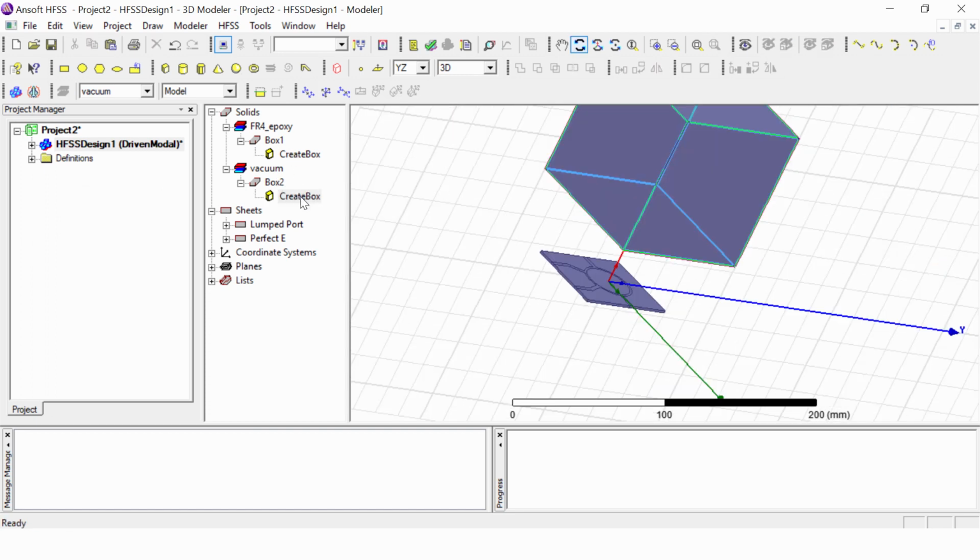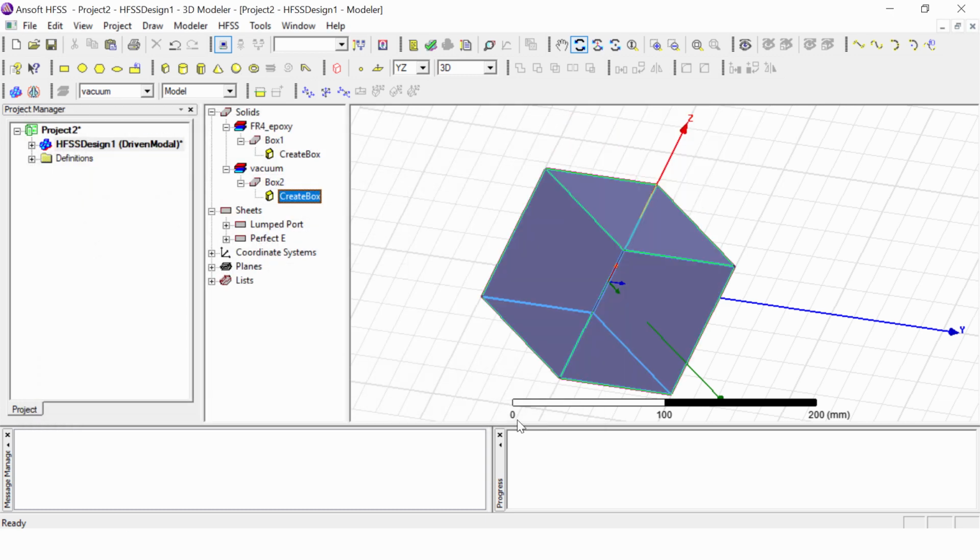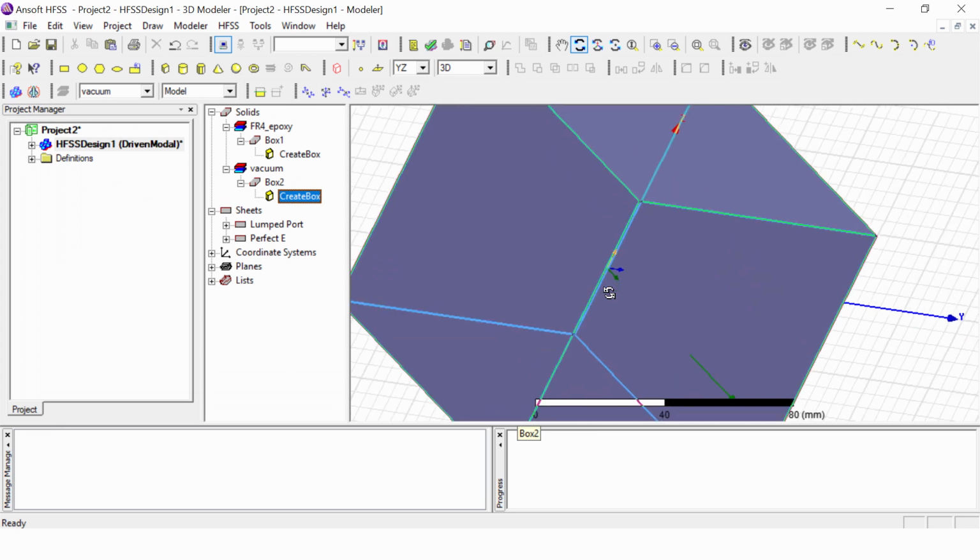Let's check again. It's shifted above. Here the minus is missing. So -50. Click OK. So it has come.